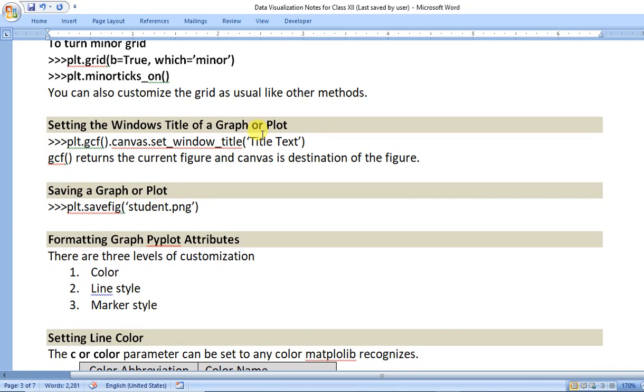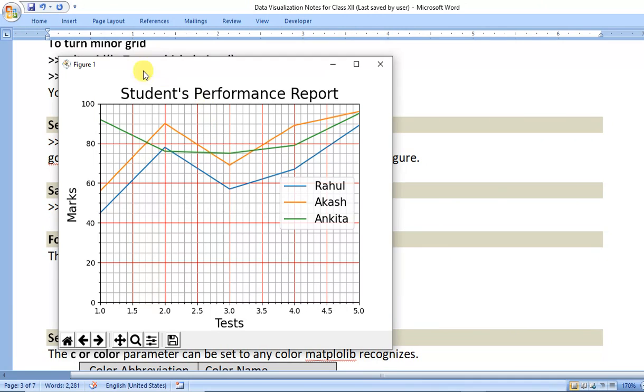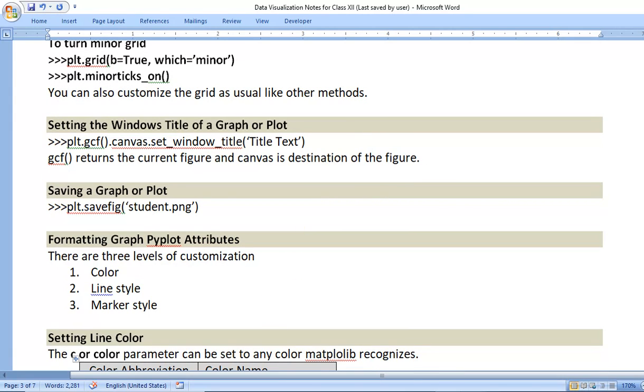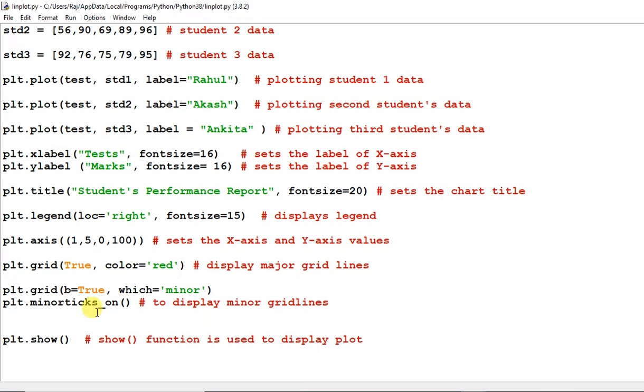Now setting the window title of a graph plot. Look here, this is the window title. By default it is written Figure 1, and if you want to change this title, we have to pass one command here.